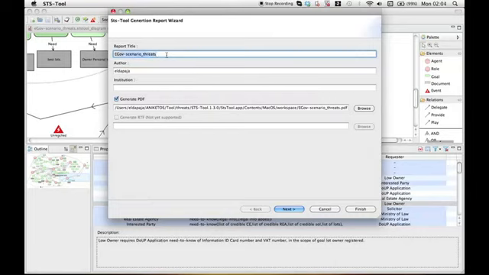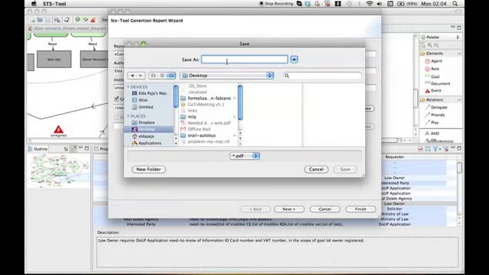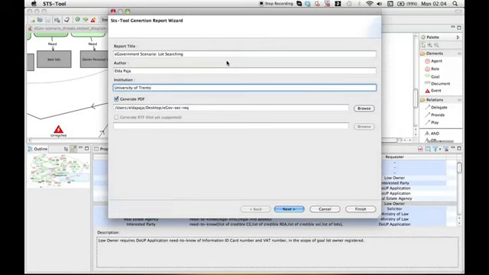We can give an adequate title to our security requirements document, and the author name, as well as the institution, and then we could browse to assign where we want to save the requirements document, and then